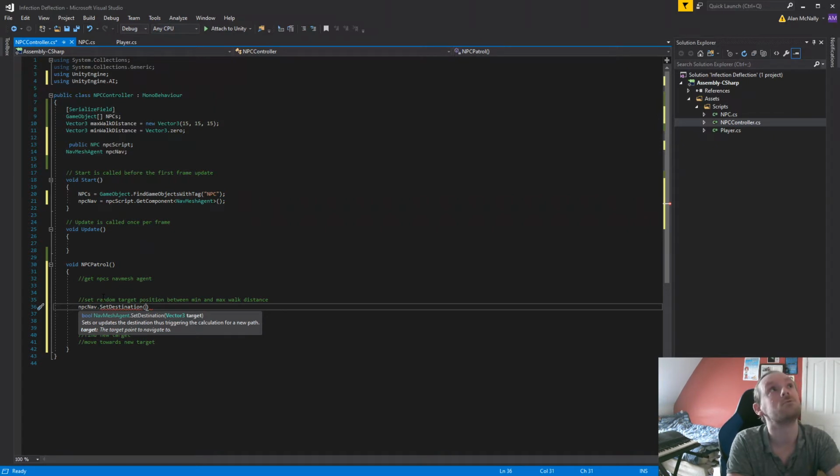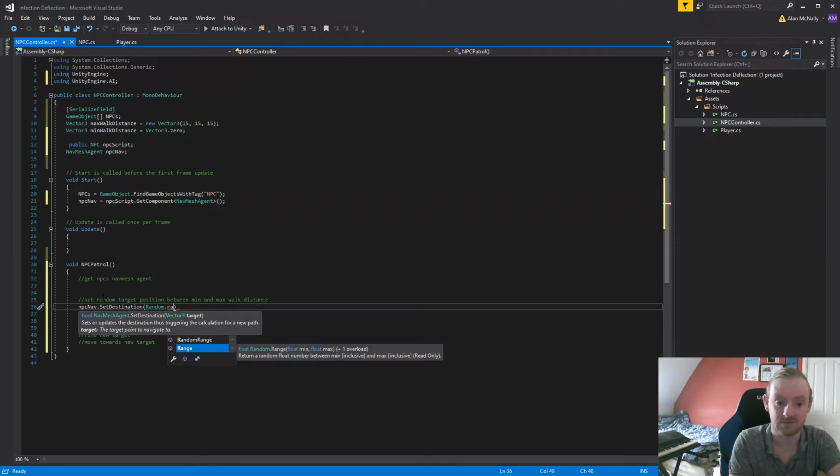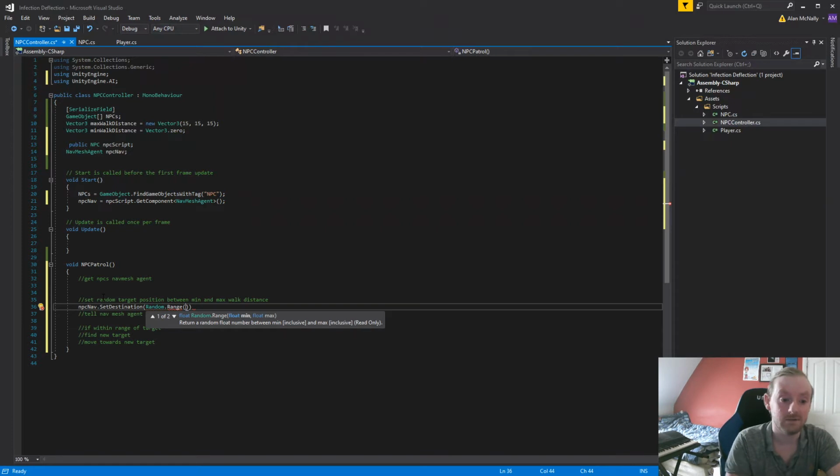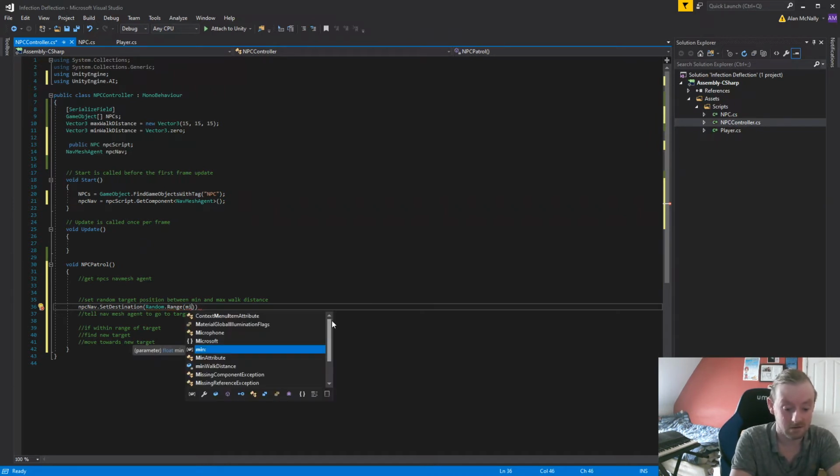But we can't do a random dot range for vector 3s, can we? We can try random dot range. That's floats for a min and a max. Okay. Well, the min would be 0 and the max is 15. But that's not a vector 3. That's what that issue is. Cannot convert UnityEngine.Vector3. Random.range. We'll try the min walk distance